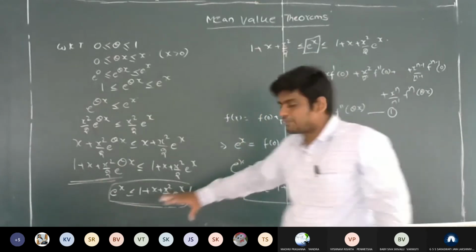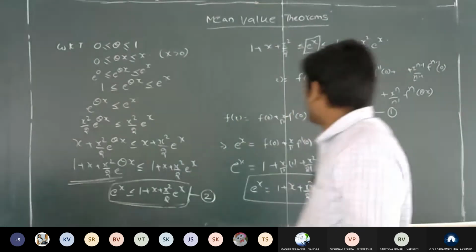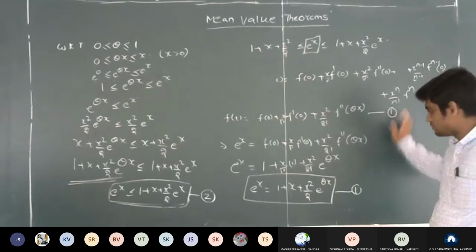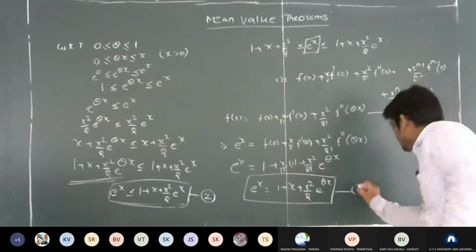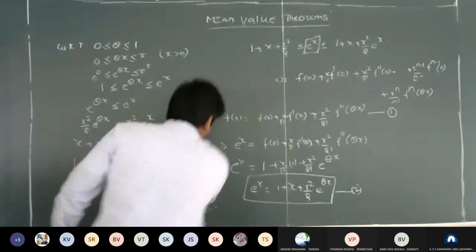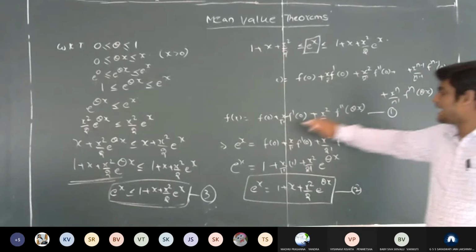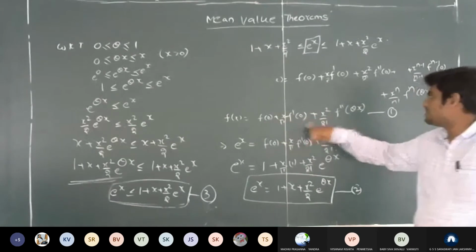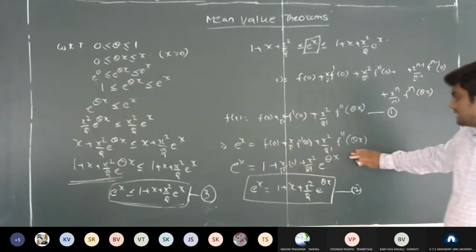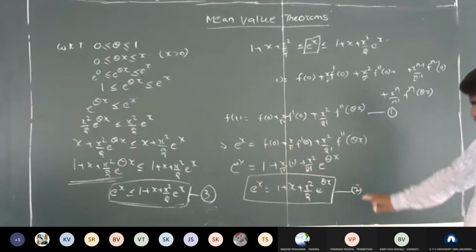This inequality is obtained by taking the Maclaurin series with the Lagrange's form of remainder. By taking the Maclaurin series up to 2 terms, it becomes the equation. Sorry, I am using equation number 1, so that it is equation number 2. So from equation number 1, we have to calculate the value of f of 0, f dash of 0, and f double dash of theta x. So therefore, it becomes like this. Hence, e power x is this one. So call it equation number 2.